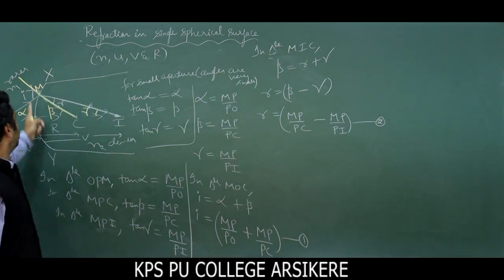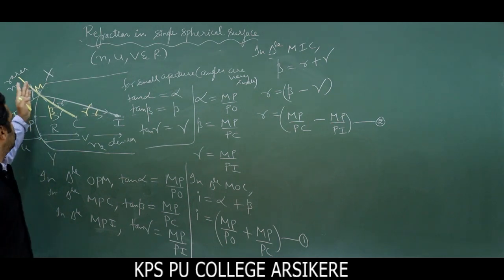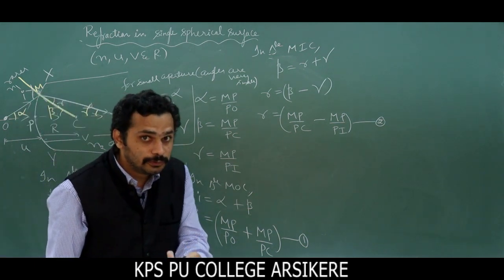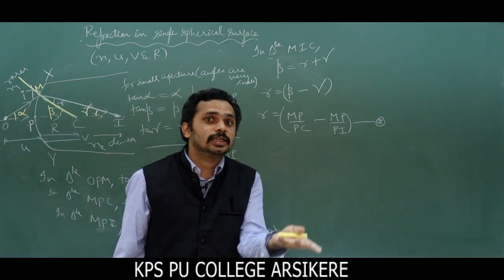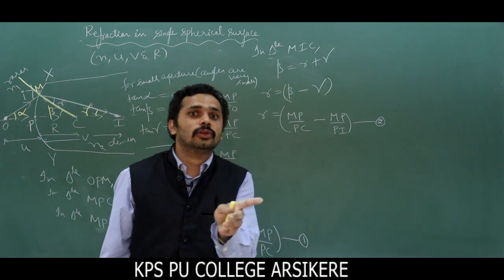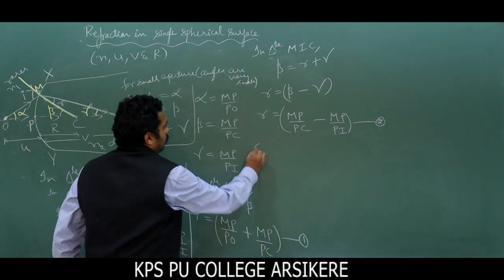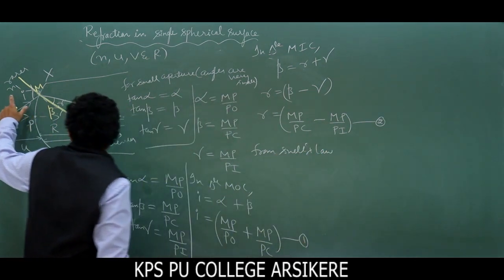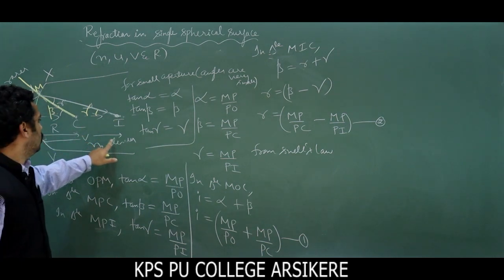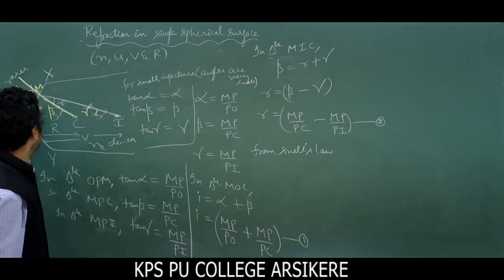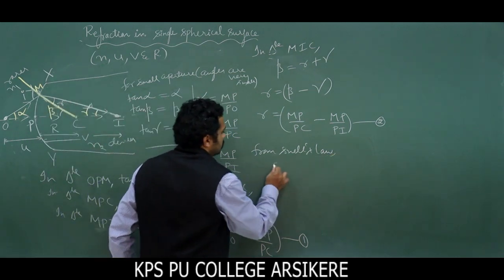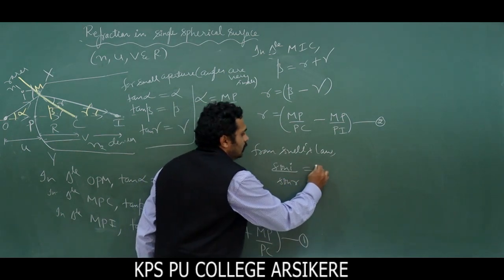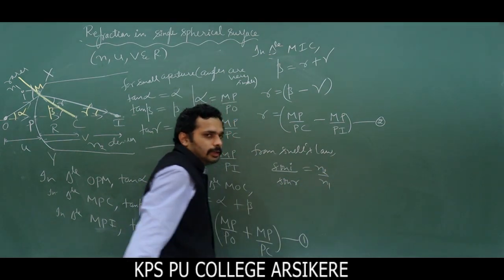Now, you know that this is the aperture. Aperture means surface. Here refraction means it obeys the laws of refraction. I am using the second law of refraction, that is Snell's law. For two media, sin I by sin R is equal to N2 by N1. N1 is the refractive index of the first medium, N2 is the refractive index of the second medium, I is the angle of incidence, R is the angle of refraction.